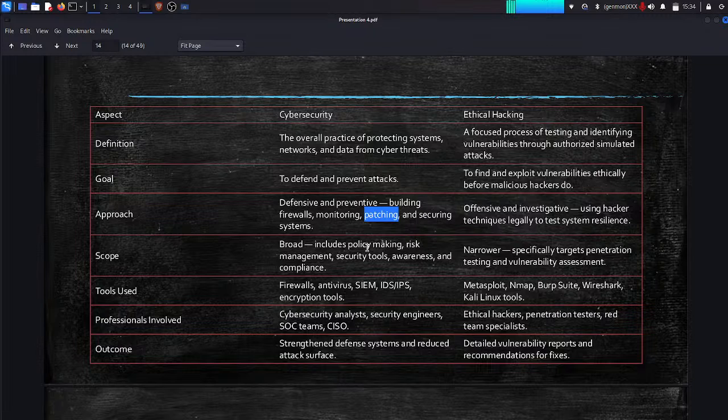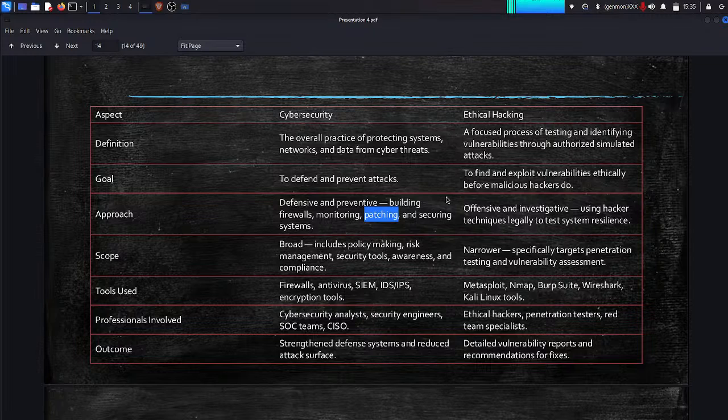What is the scope of cybersecurity? It is broad and includes policy making, risk management and security tools. Cybersecurity can be used in each and every step of the development phase. Cybersecurity professionals are called before the planning or making of any application. They make a secure plan, and they talk to the employees of the deployment team about how they can do secure coding in order to prevent cyber attacks before the testing phase. So cybersecurity is involved in each and every step of development, deployment, and also in the running phase.